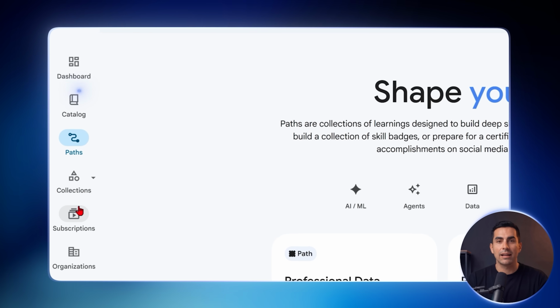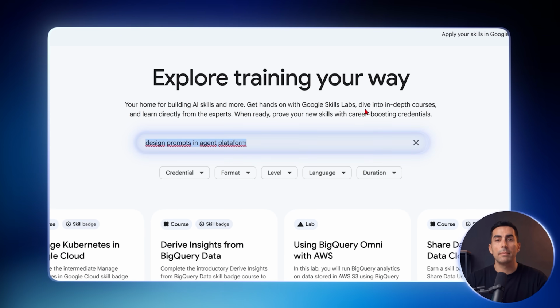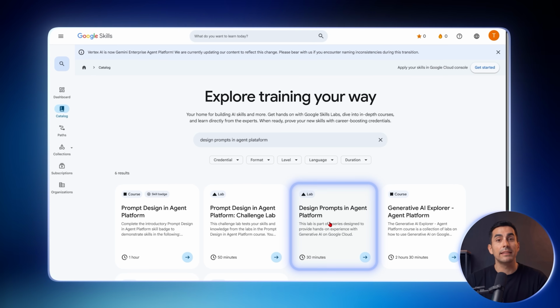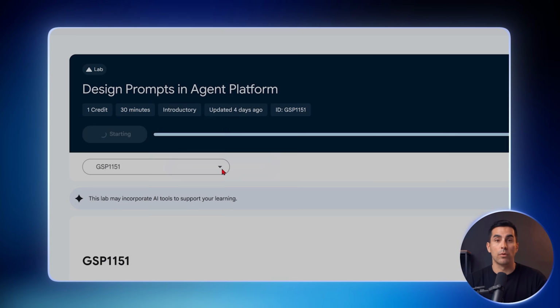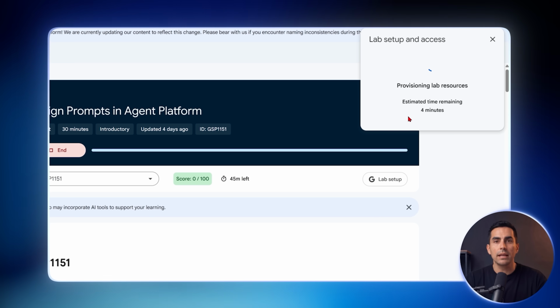On the left, click Catalog and search for this. You also have this text on the website, so you don't have to copy it manually. Click Search. Now choose the one with the exact same name, and in this window, click Start. This other window will appear, and you click Launch with 1 credit. It will start loading. This can take a little while, but once it is ready, it will give you these